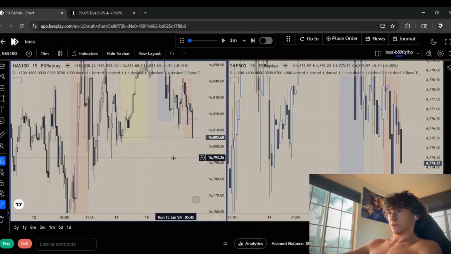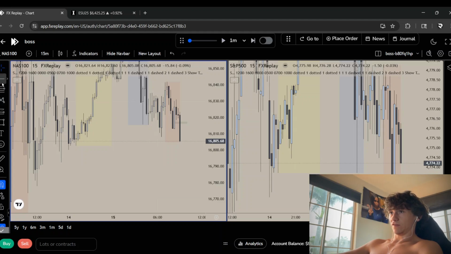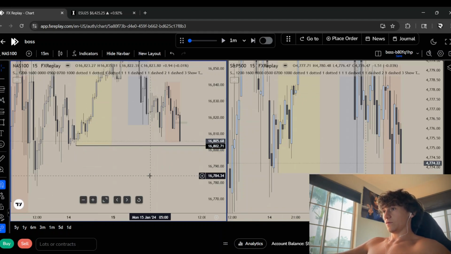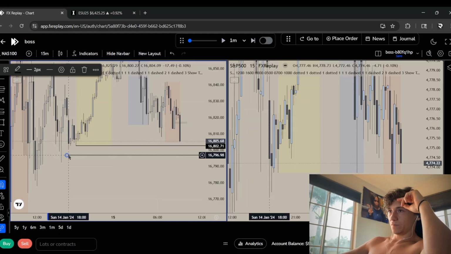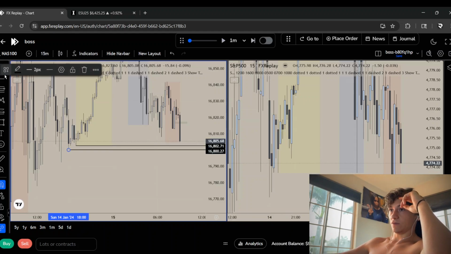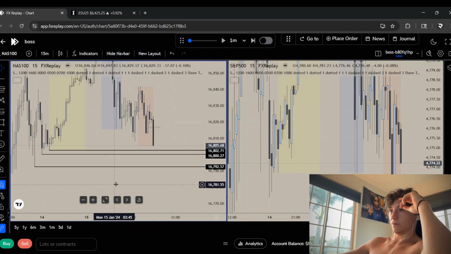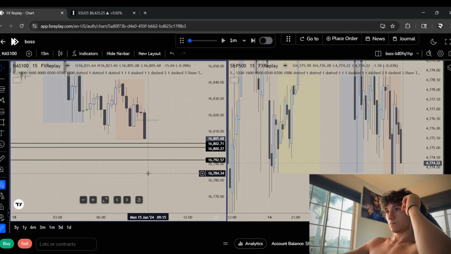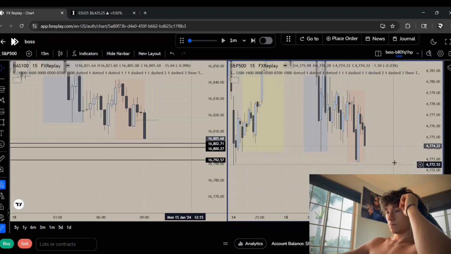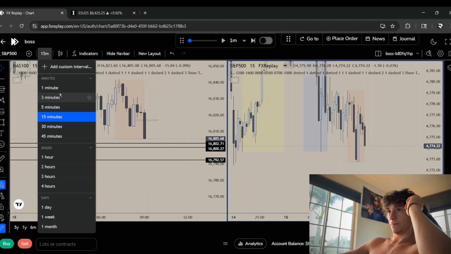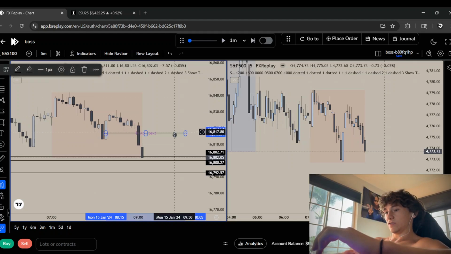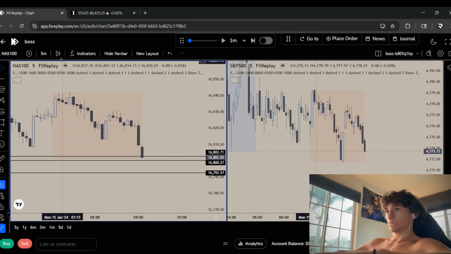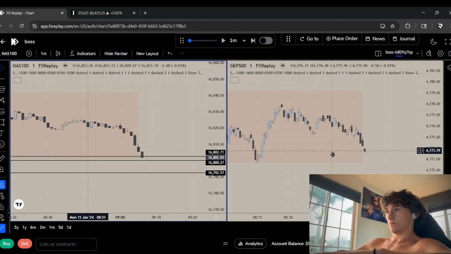Let's go on the 15 and mark out some draws on liquidity, shall we? Asia low. We just took out that low. And if we continue on this little low resistance run, we got those. We already took out Asia there. Okay. Cool. Alright, there. We just took out Asia on NASDAQ. And by doing that, we filled in the final gap on ES.